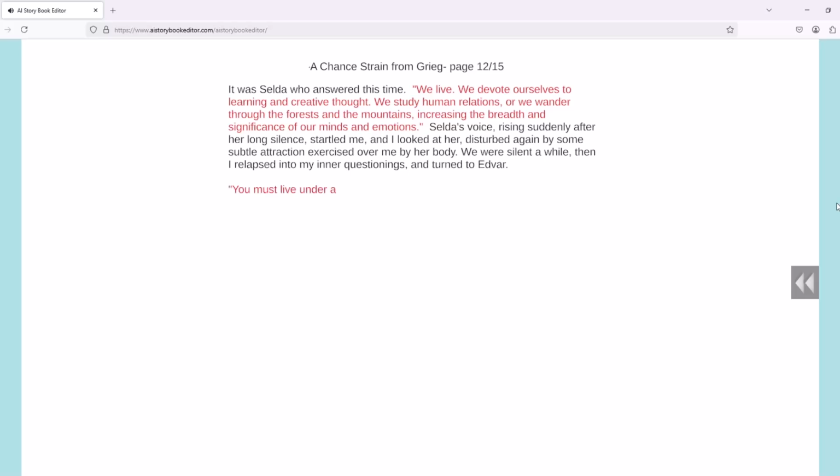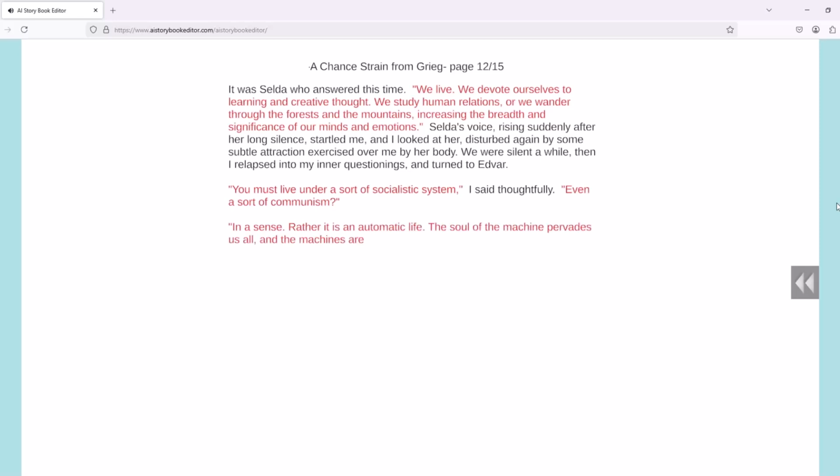You must live under a sort of socialistic system, I said thoughtfully. Even a sort of communism? In a sense. Rather, it is an automatic life. The soul of the machine pervades us all, and the machines are beautiful. Our lives are logically and inevitably directed by environment and heredity, just as the machines are inevitably directed by their